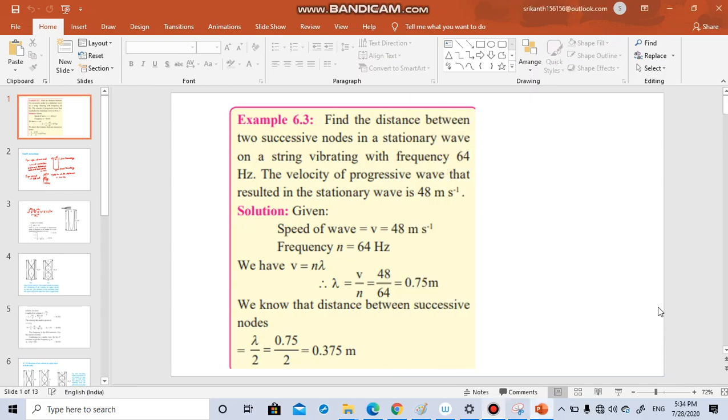Students, let us take our discussion forward. We'll start with a numerical. Find the distance between,